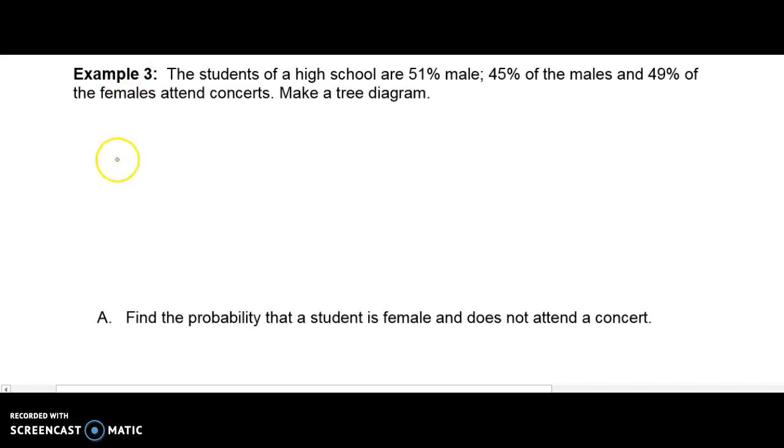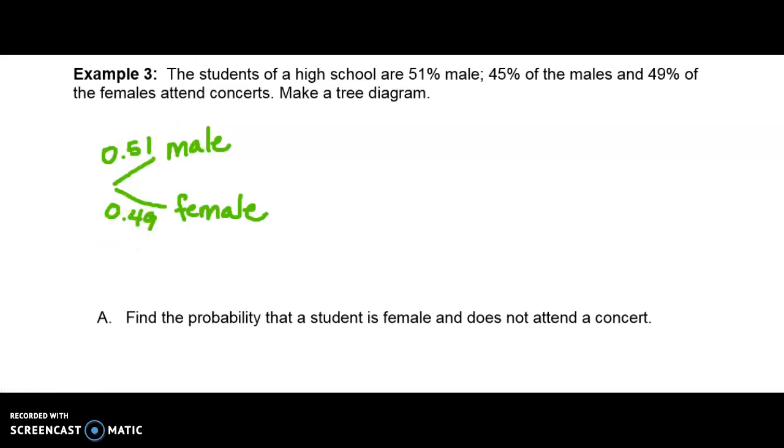Okay, so my condition would be being male versus being female. So 51% are male, 0.51, and my female would have to be 49%. Okay, so now